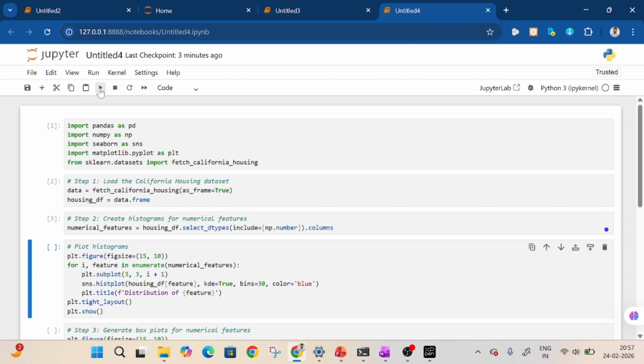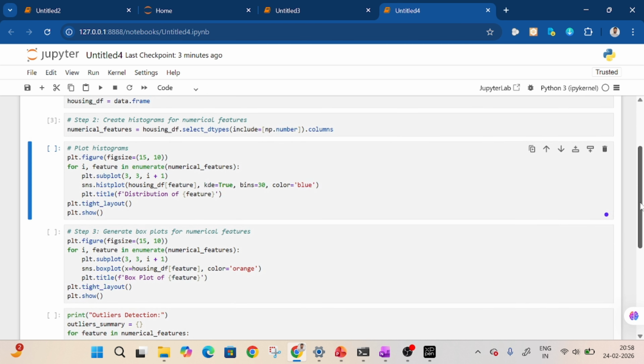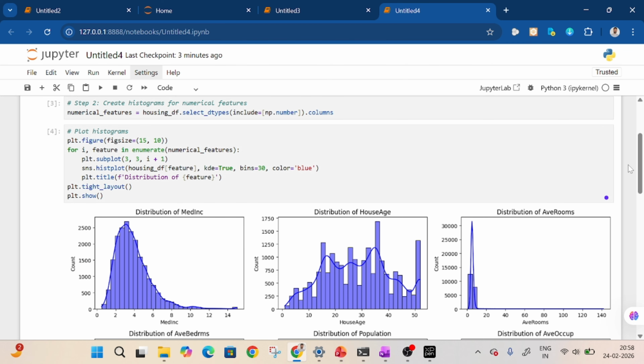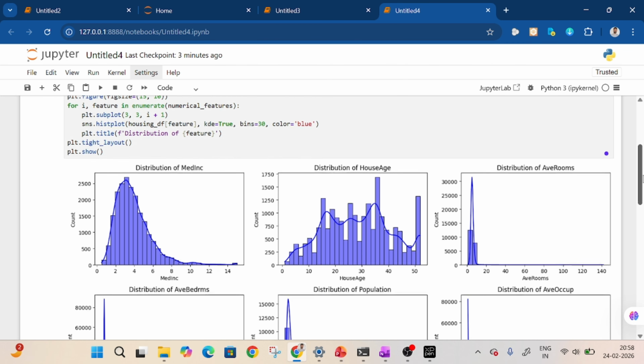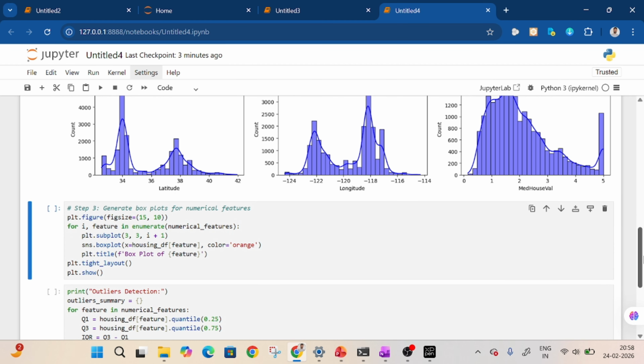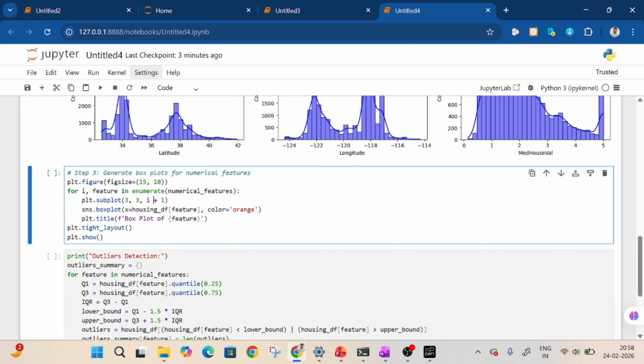Let us go for the third block. Yeah, till now it is done. Now if I run this block, it will give a number, and along with that, if all is good, it will give the plot, or histogram plot. Let us run. Yeah, you can see, guys, now the histogram plot is showing. Through this you understand how the data is distributed. Once this step is done, let us go for the box plot for outlier detection. If I run,